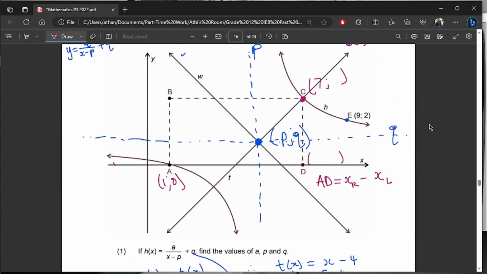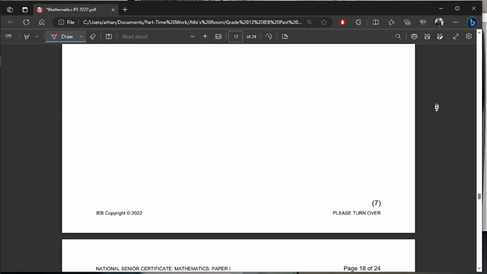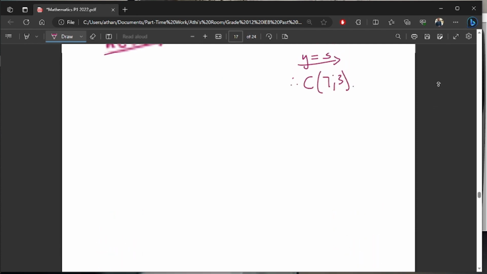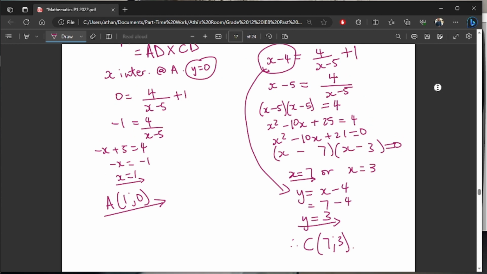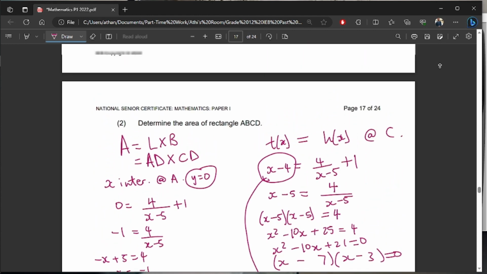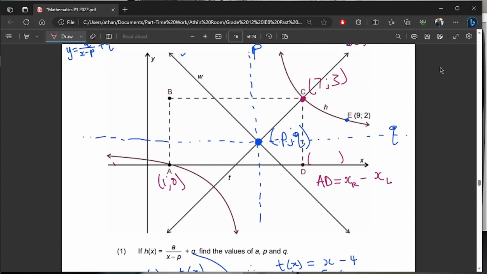I go and write them there. How many marks is this question, guys? Okay, it's worth 7 marks, very worth it. So we found A and then we found C. What are we missing now? We found A, we found C. What are we missing? So we are missing the value of